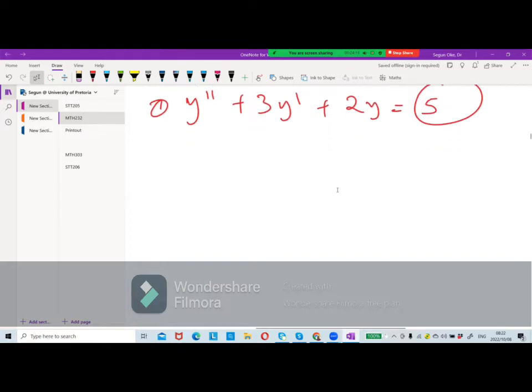Now, for this example 1, what do we need to do? First thing is to represent it. For example, I can represent this one by R, or I can represent it by M. It depends. Let's say I have R squared, because this is the second derivative, right? That's why I put R squared plus 3R plus 2 equals 0. I want to solve it now. I really want to solve it so that it will give me